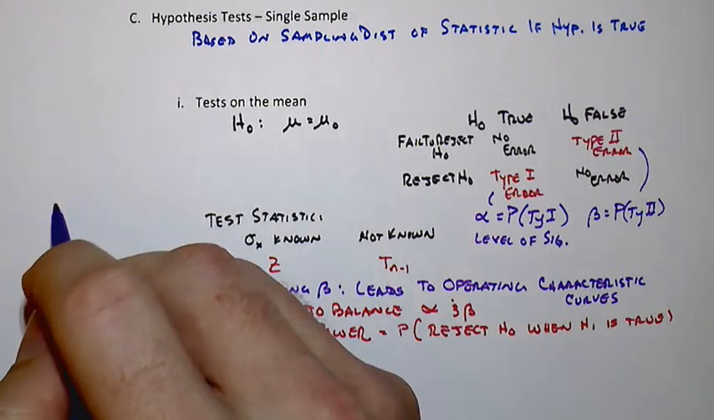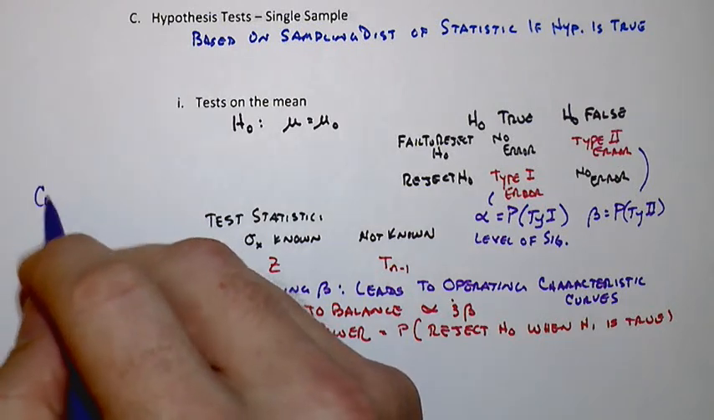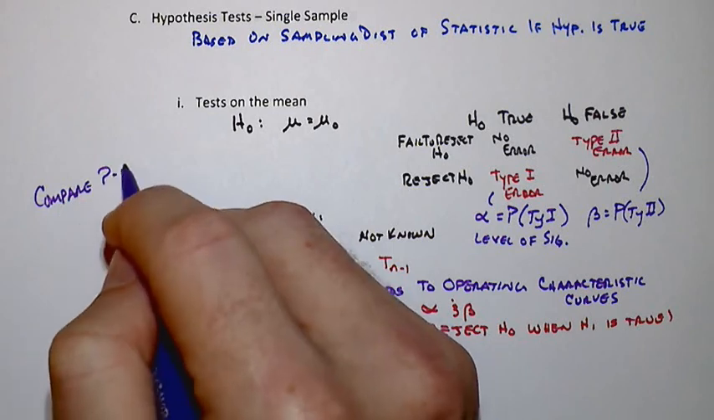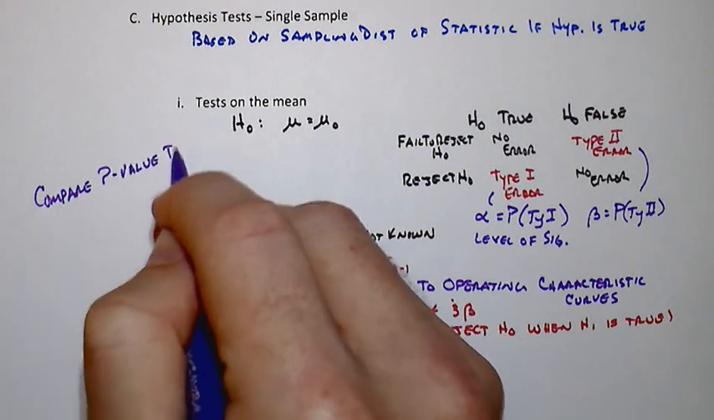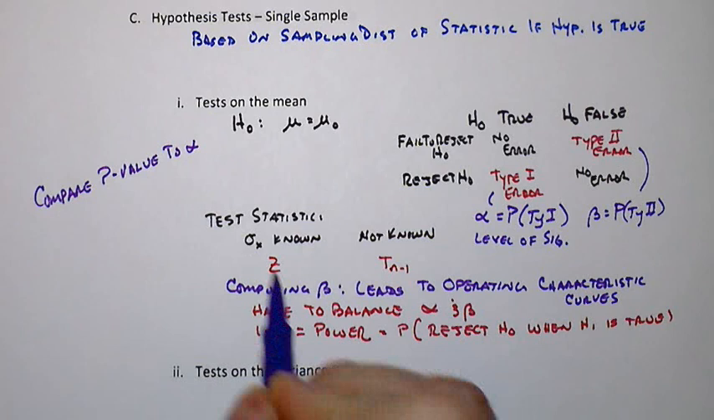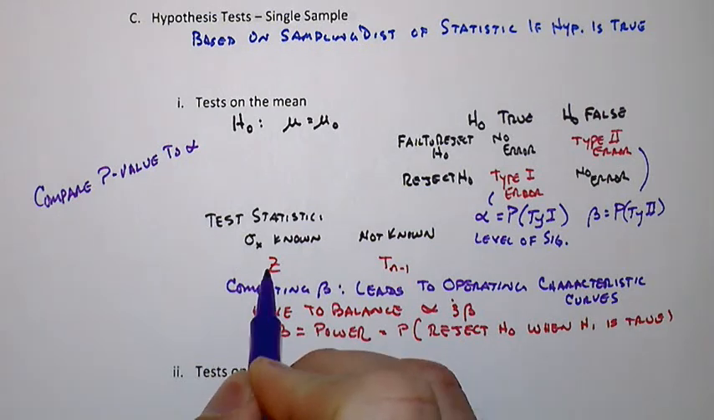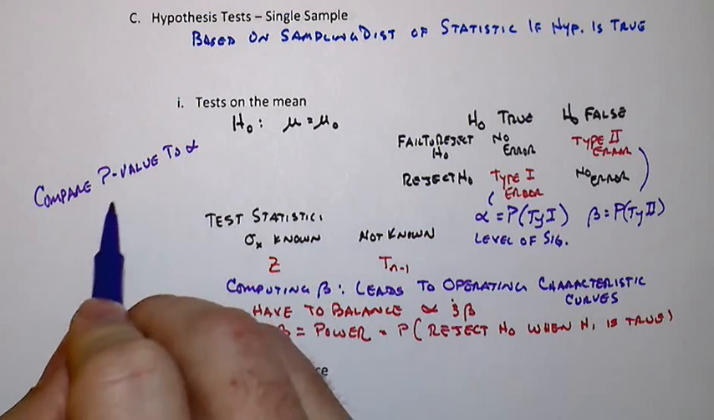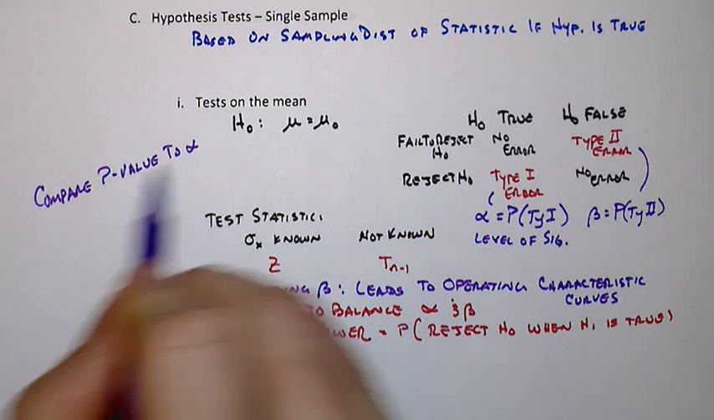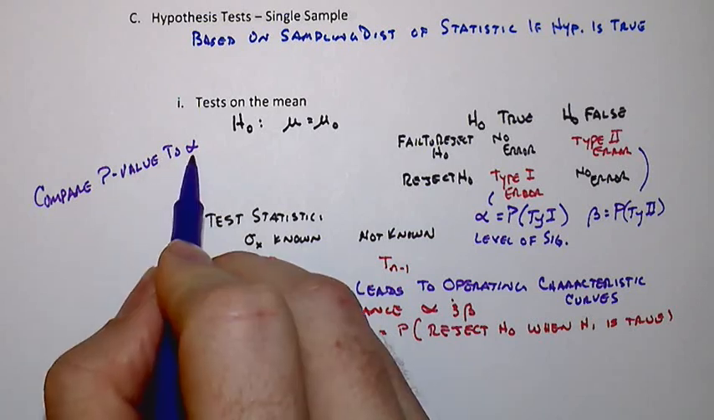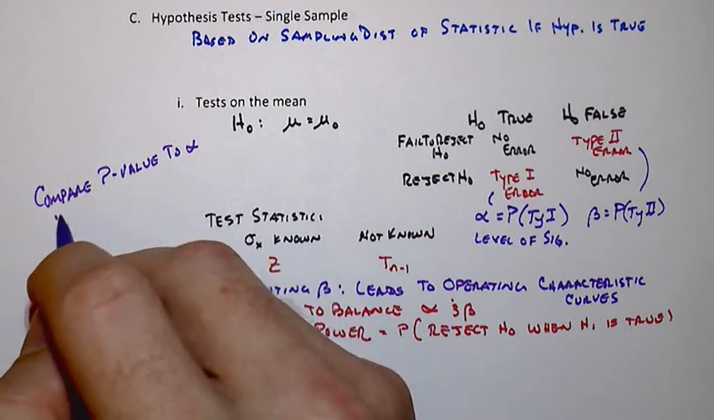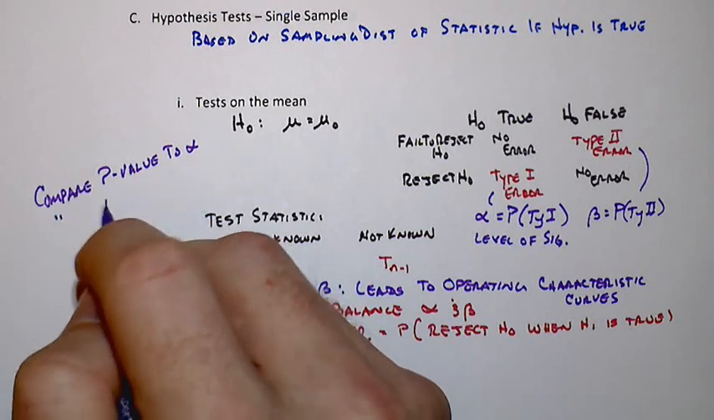Now, in terms of making that final decision, remember there's two different ways that we could make the actual decision. We could compare the observed p-value to alpha. So we calculate the test statistic and get the associated p-value, that probability that we're outside of that, either one-sided or two-sided, and compare it to our alpha value that we've chosen. Or we can compare the test statistic